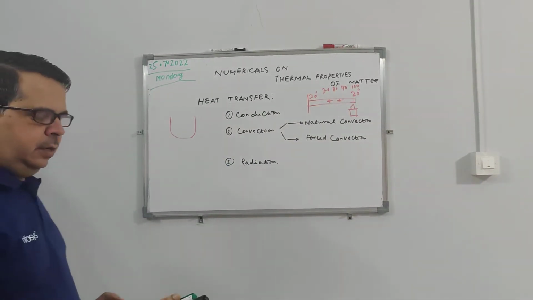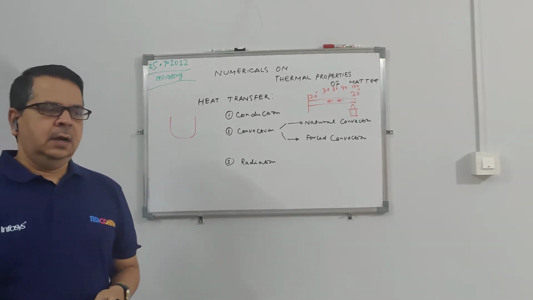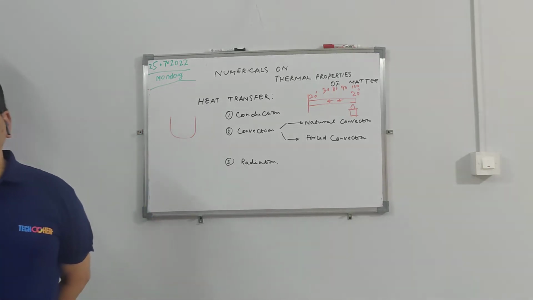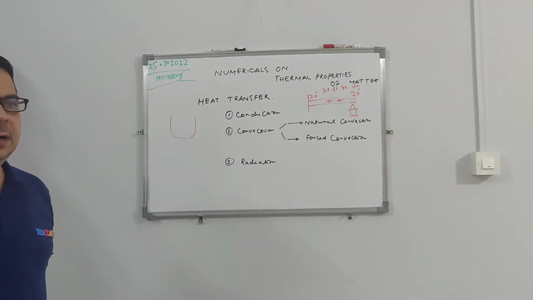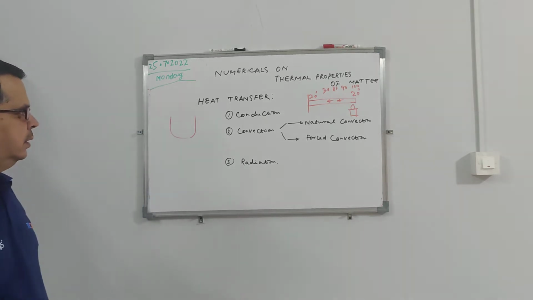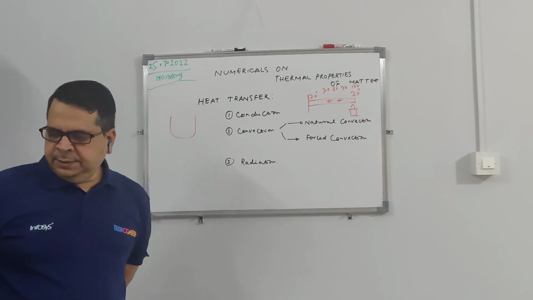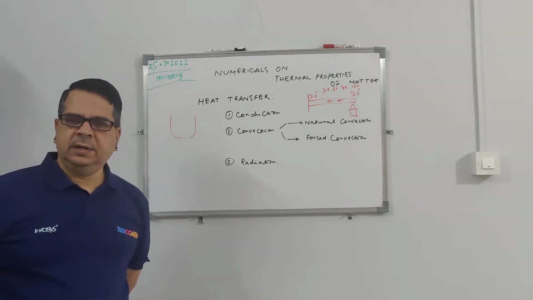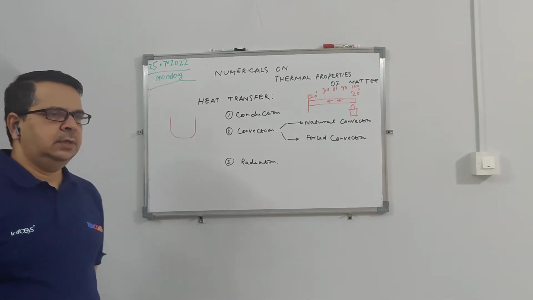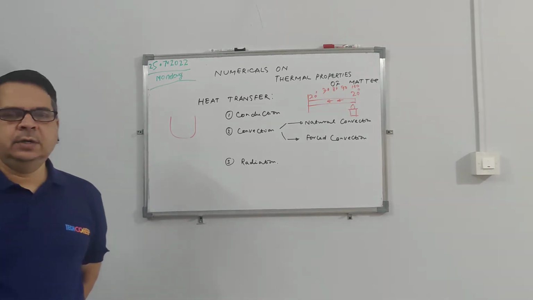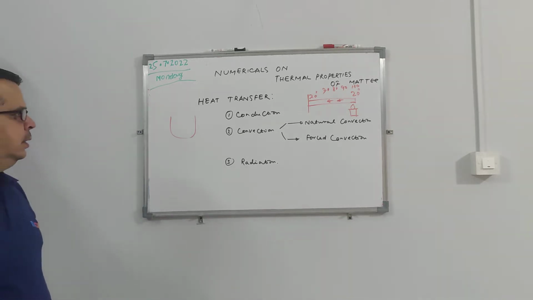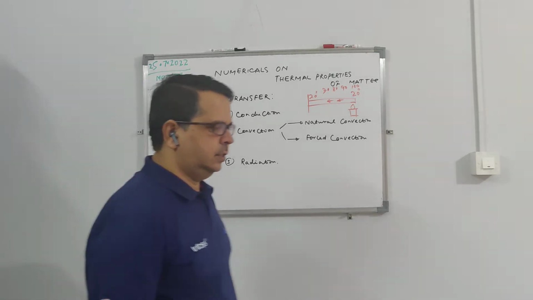We had done a numerical on mixing ice with water: how the ice melts into water, how the temperature of the water rises, and what the resulting temperature will be. Then we discussed specific heat and thermal expansion: the linear coefficient of thermal expansion, area expansion, volume expansion, and all that. So now we'll discuss